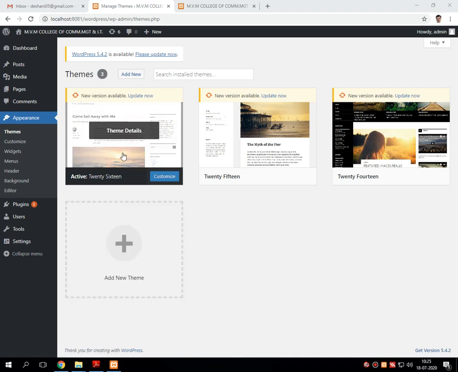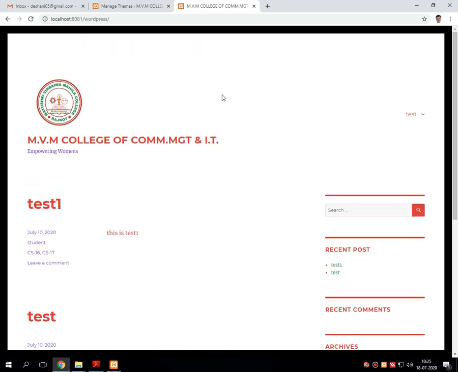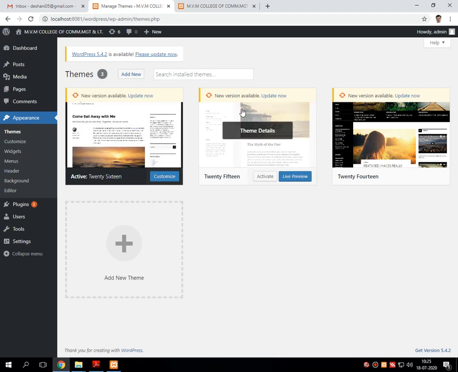Suppose I move my mouse cursor over the first theme, it shows one button that is called customize. Why does it show this button? Because right now this theme is activated by me for designing, developing and displaying the content for my learning purpose. Let's move our mouse cursor over another theme, the second theme.